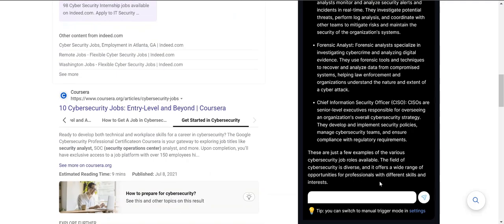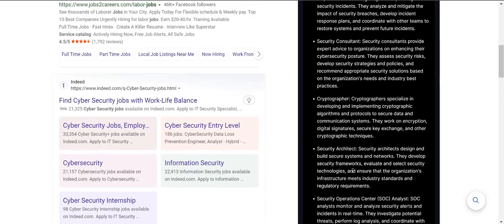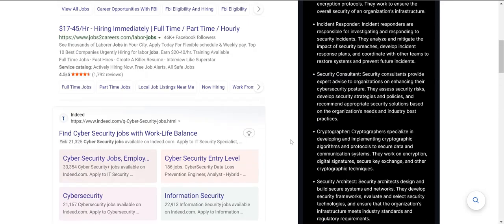Okay, so these are just a few examples of cybersecurity job roles available. The field of cybersecurity is diverse. And so it gives you a good overview of the type of job or industry that you're in,